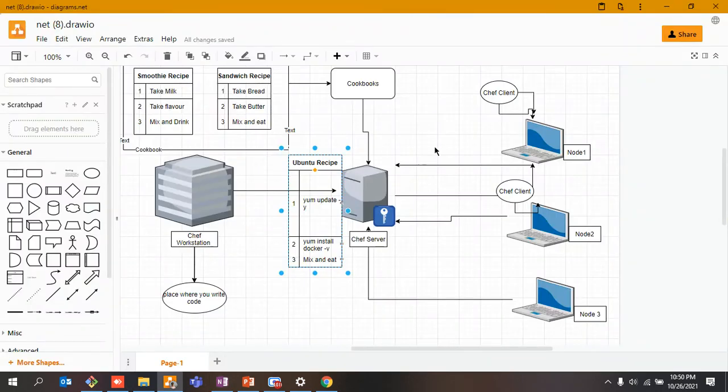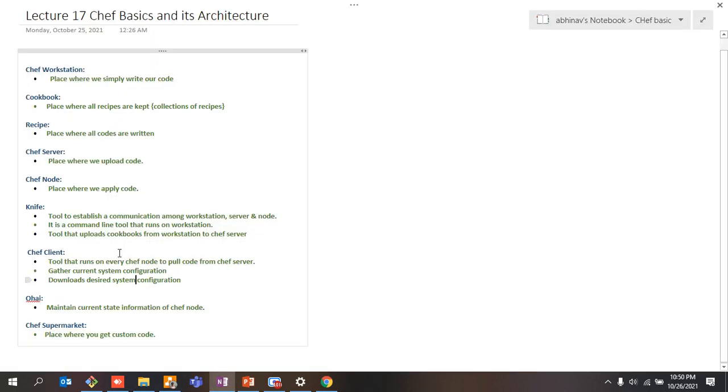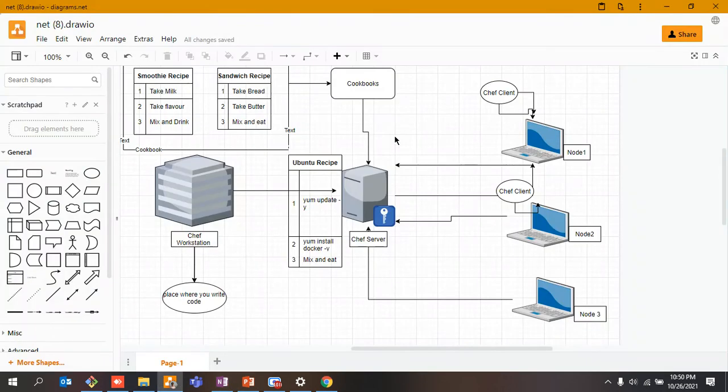This is the place where you can get custom code. So what is your custom code? It's like your ready-made code kind of stuff, where you get pre-configured code. So that is available in the Chef Supermarket. Just like Docker has your Docker Hub, you get all the things over there. Just like for human beings, we do have a Walmart. We get all the things from the Walmart. It's a one-stop shop. So similarly, you can imagine it like that itself, right?